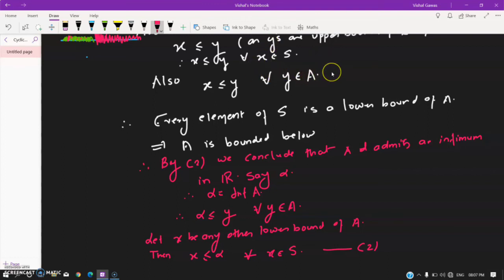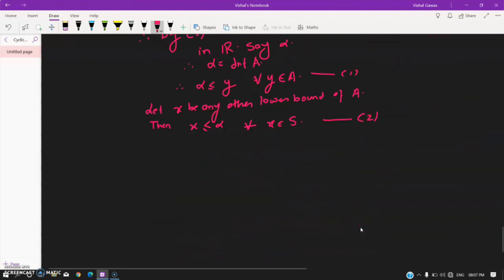Yeah, where we said M is the alpha. Yeah, here it is. So from here, what happens is, first of all, alpha is less than... from here. So therefore, 1 implies that alpha is the